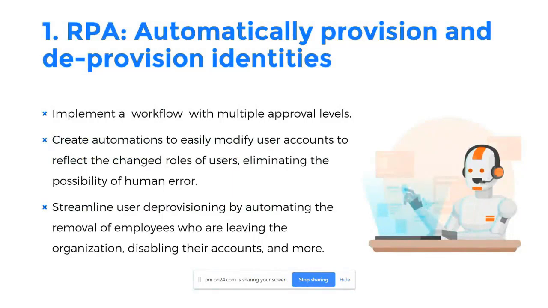Robotic process automation, we've been using it for a long time. Administrators are fascinated by it. I myself am a big fan of robotic process automation. Here, when we're talking about identities, it makes a lot of sense to automate your onboarding and offboarding. When it comes to the user lifecycle, that's one place where a lot of problems occur.